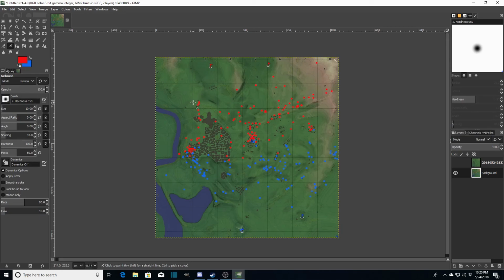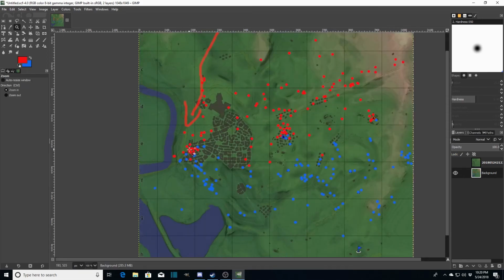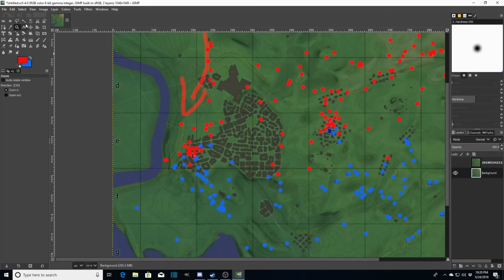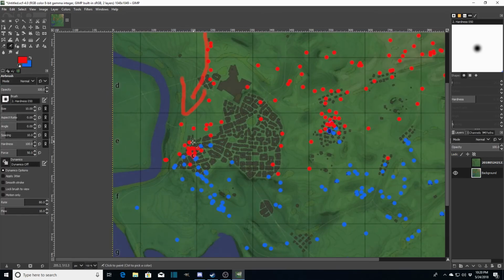As you can tell, this is a very heavily traveled area of the map. They come out of their spawn, like I pointed out before, pull up to the objective, and park their little butts right in here. And we'll go ahead and zoom in on this. As you can tell, from this location right here, there's a bunch of players that have parked themselves in this little spot. I wonder why that is.